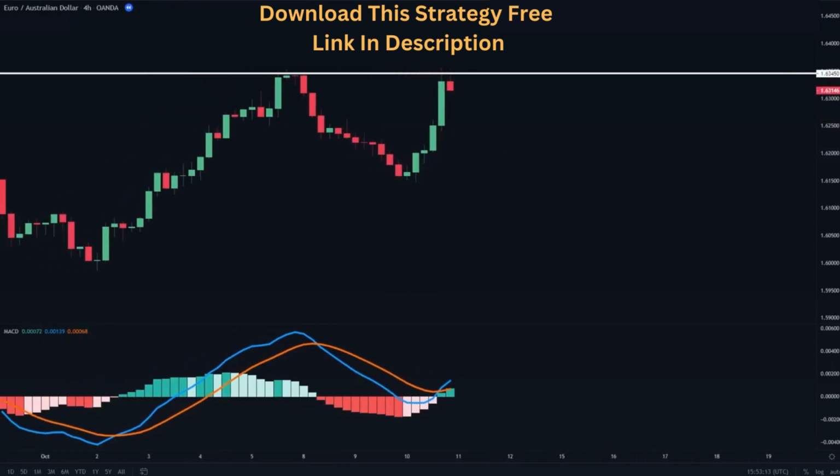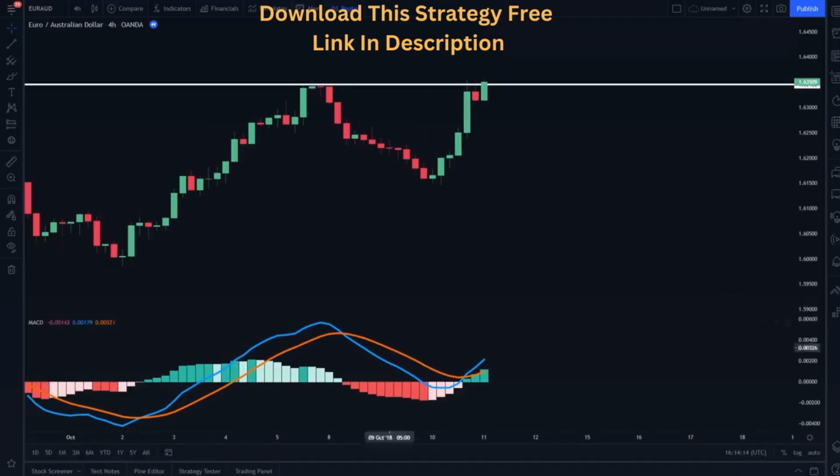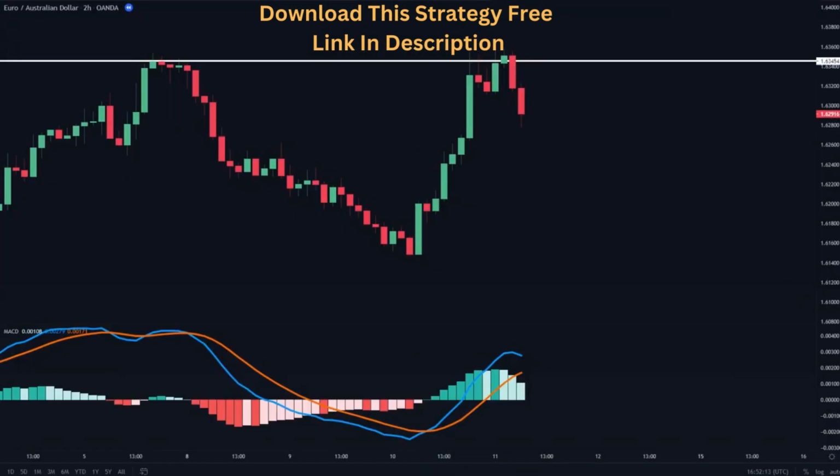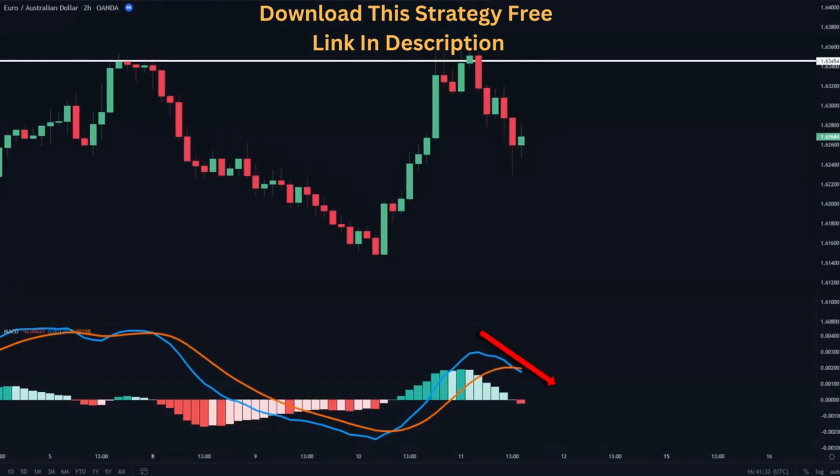And so a secret trick that I use to get an earlier entry signal is by zooming in 2 time frames below. So I'm currently in the 4-hour chart, so let's zoom in into the 2-hour chart. So here's the 2-hour chart, and all we need to do is wait for the MACD to cross over downwards in this new smaller time frame. And so this is where you want to take a short position. So now, let's go back to the 4-hour chart and compare